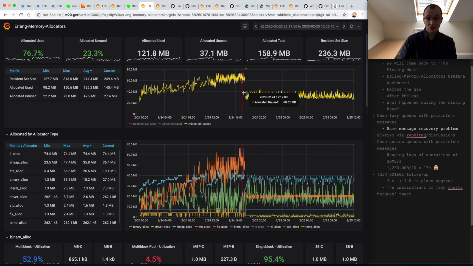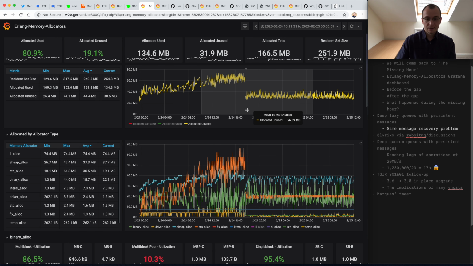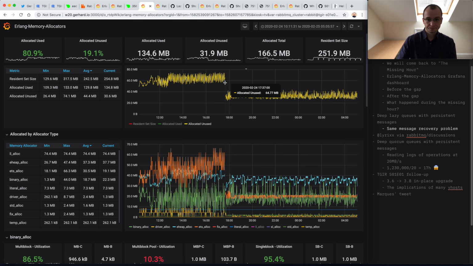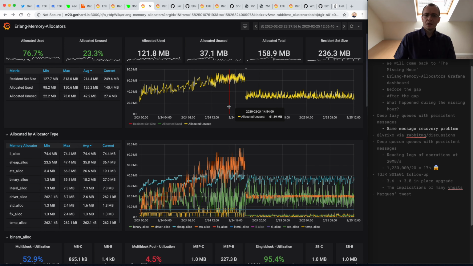Also, the allocated unused is fairly stable. By the way, this is before and after the gap, but the time span is much larger. So if we zoom in a little bit, you'll see that this gap here is also 137. I can't quite remember what happened there, but still, the rebuilding takes just as long. Maybe that's another gap. Yeah, definitely that's another gap. The point being that